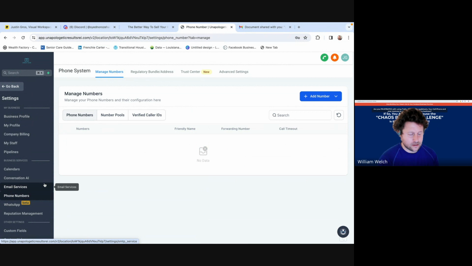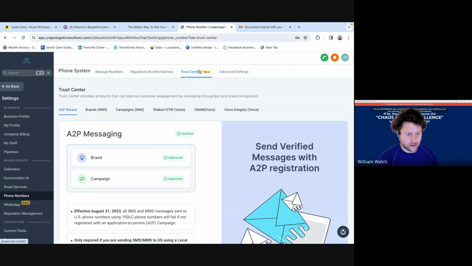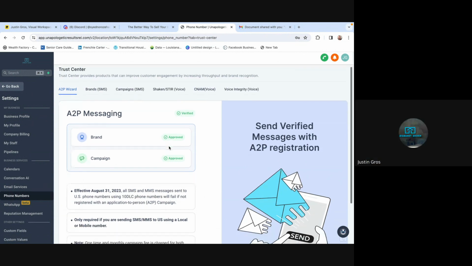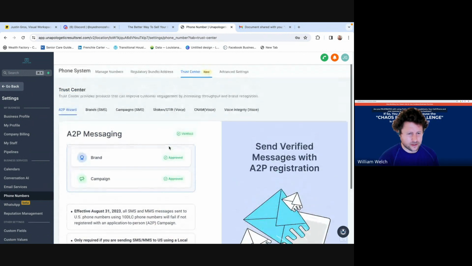You go to Trust Center, top. I pointed so you could see it. You're approved. Go back. Go back to manage numbers, back up the top next to Trust Center.